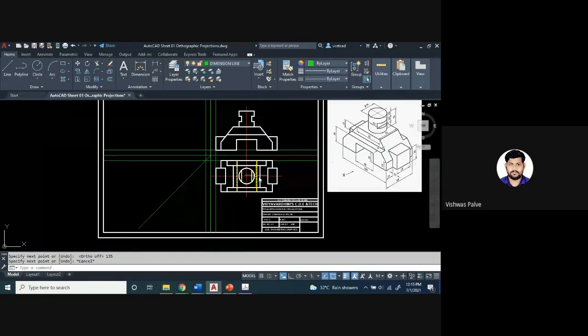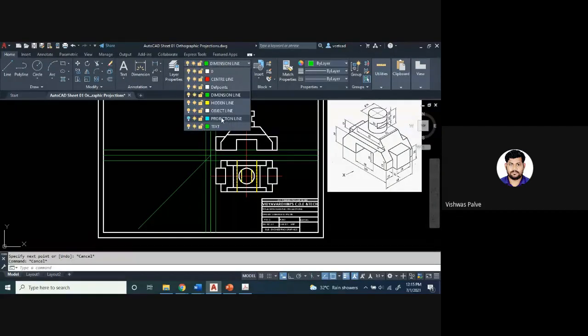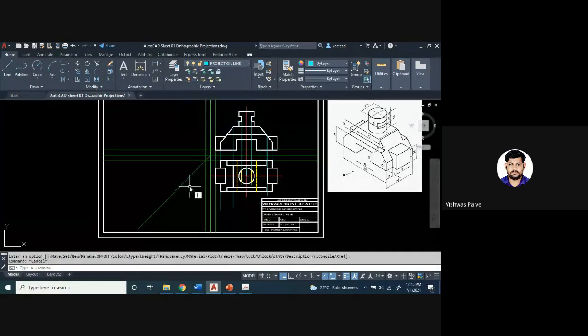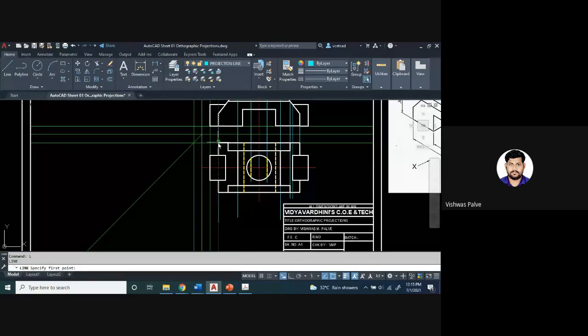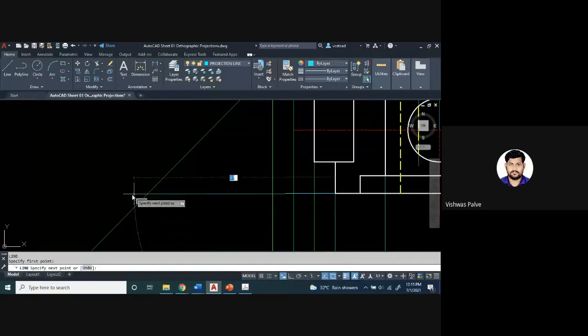So what we are going to do is transfer the projection from top view to front view. I'll select the projection line. In actual practice, in offline mode, this should be the procedure. I will take the projection, and the projection will turn its direction.